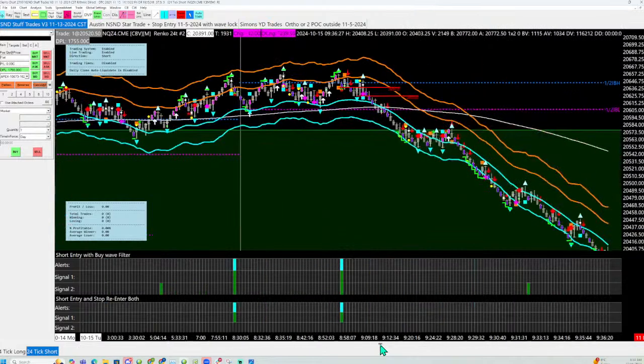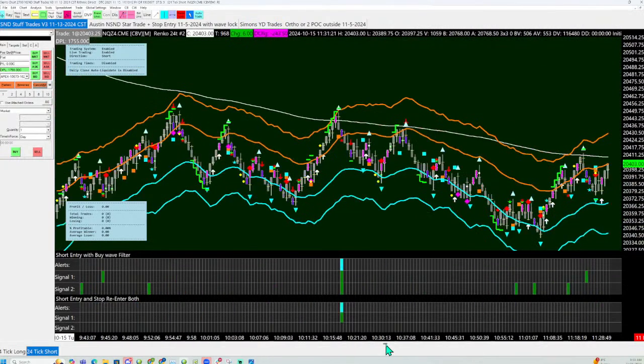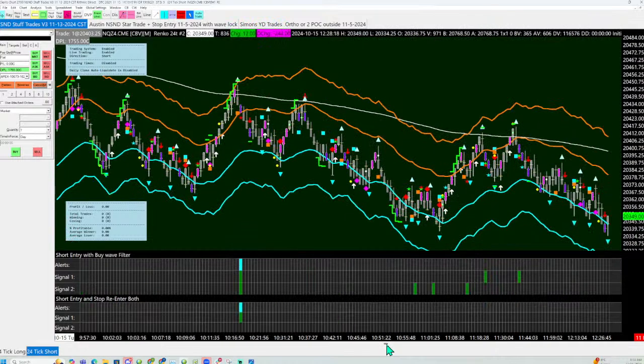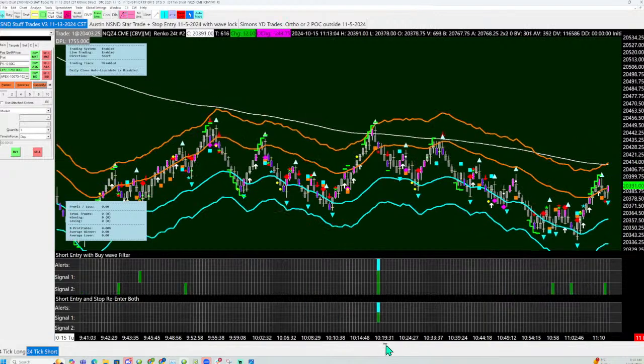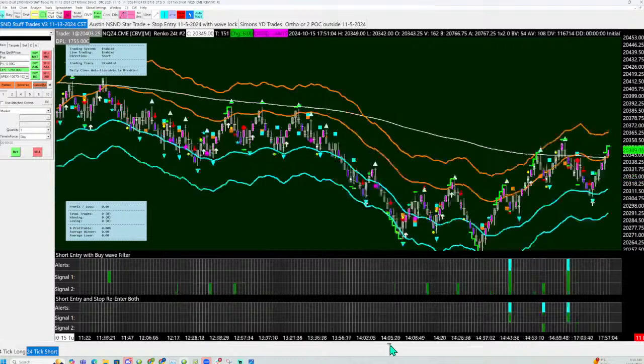Okay, that's before 8:30, but here, this is after 8:30. It catches that roll. That's a 200-point roll right there. Like it really acquits itself really nicely. You just have to decide what your line in the sand is or reduce it. I would reduce it to plan for 4 stops in a row, right? 4 stops at 22 points and make sure you can handle that stop and then let it stretch when it